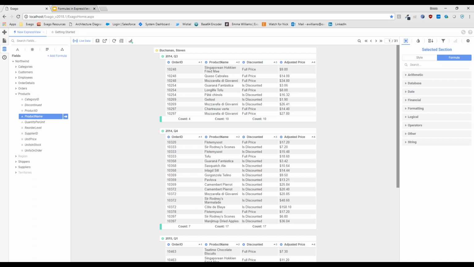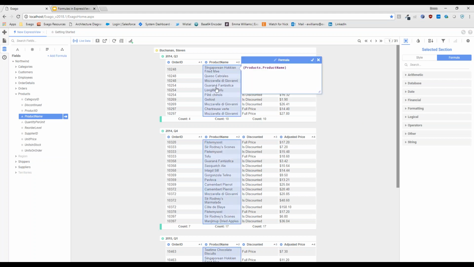Today, I'm going to actually link to just a Google search, but a good use case to kind of keep in the back of your mind is maybe a product profile or some page within the host application of Exago that you'd like to navigate to, right? I can do this right from within Exago. So I'm going to add this function on product name. I'm going to start from scratch again so we can see the entire process.